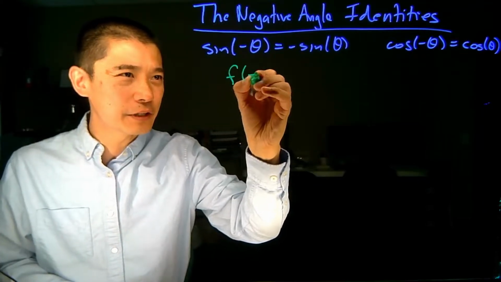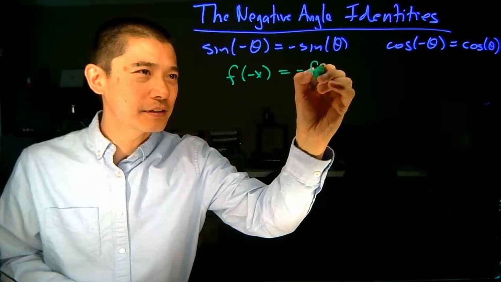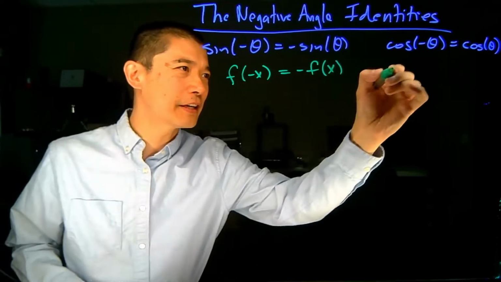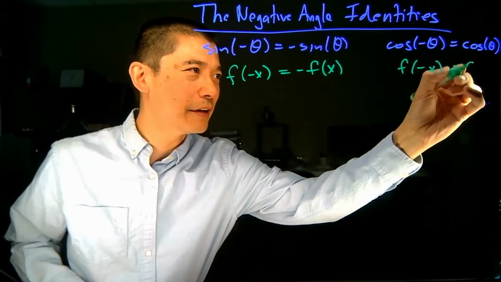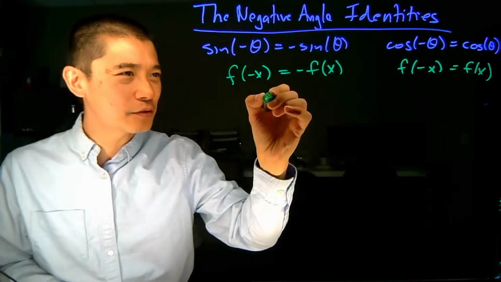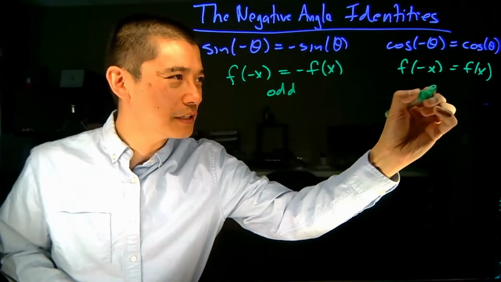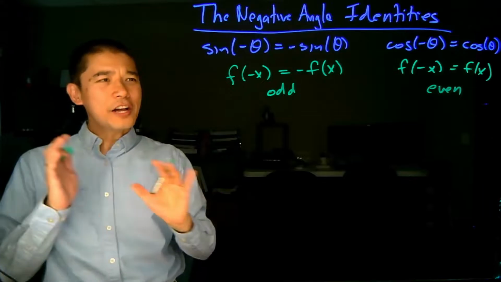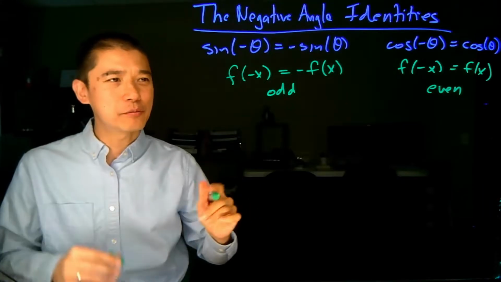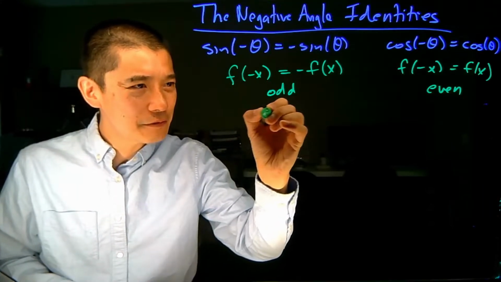Maybe you saw it written like this: f of negative x is equal to negative f of x, and f of negative x is equal to f of x. You might actually remember that these are known as odd functions, and these are known as even functions. And odd functions and even functions have certain graphical properties. So if we graph the sine function